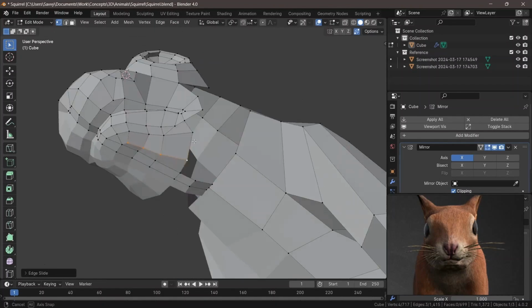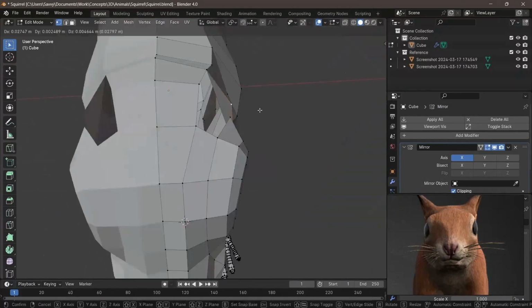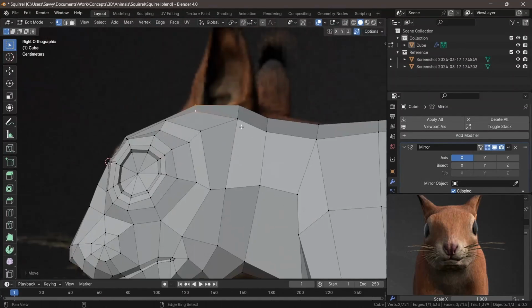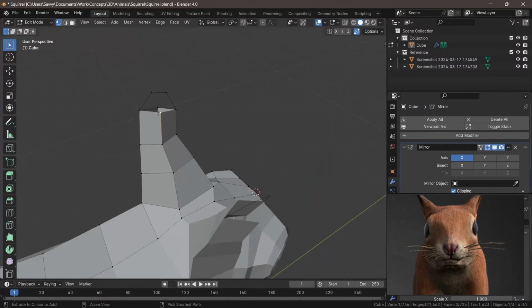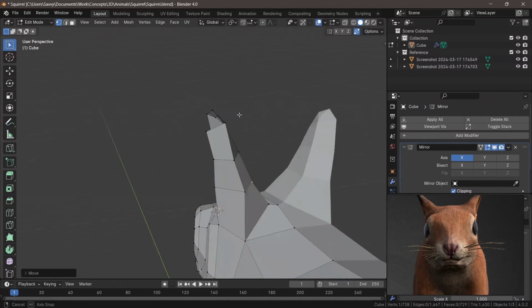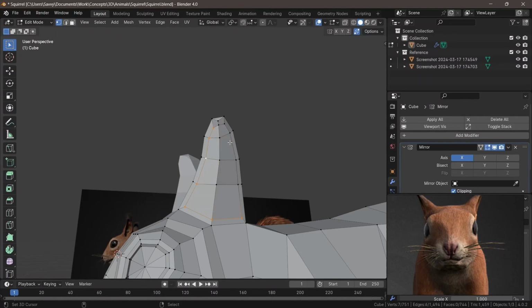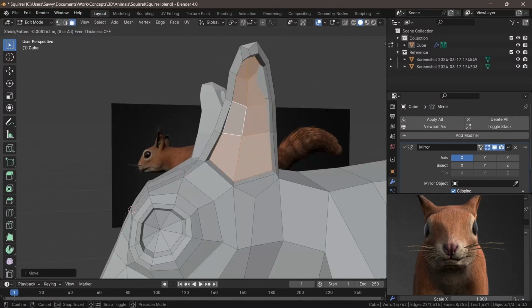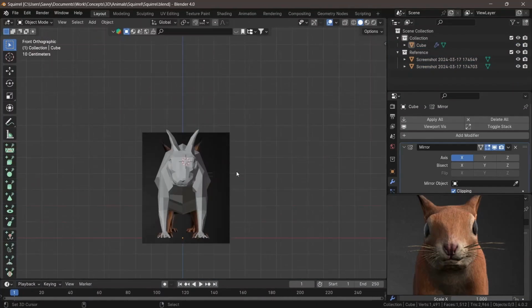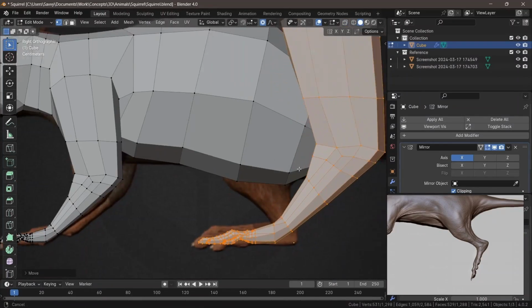Also, by the way, whilst doing topology like this, or even when you're using basic shapes, such as spheres, when you feel like you have finalized the base mesh and you add in a multi-resolution modifier, that should be it. You have to make sure that the mesh is correct, that it does what you want it to do, and that the topology is okay, or even if the topology isn't okay and you're just going to remesh everything later on,